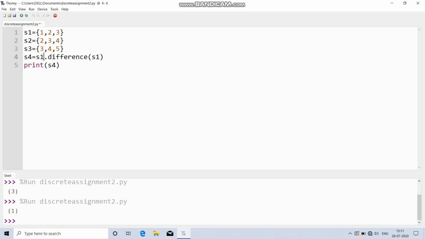To calculate the difference of S2, we will write S2 dot difference S1. Now, if I want values that are in S2 but not in S1 and S3, so here you can look, we will get an empty set because S2 does not have any value that is not in either S1 or S3.